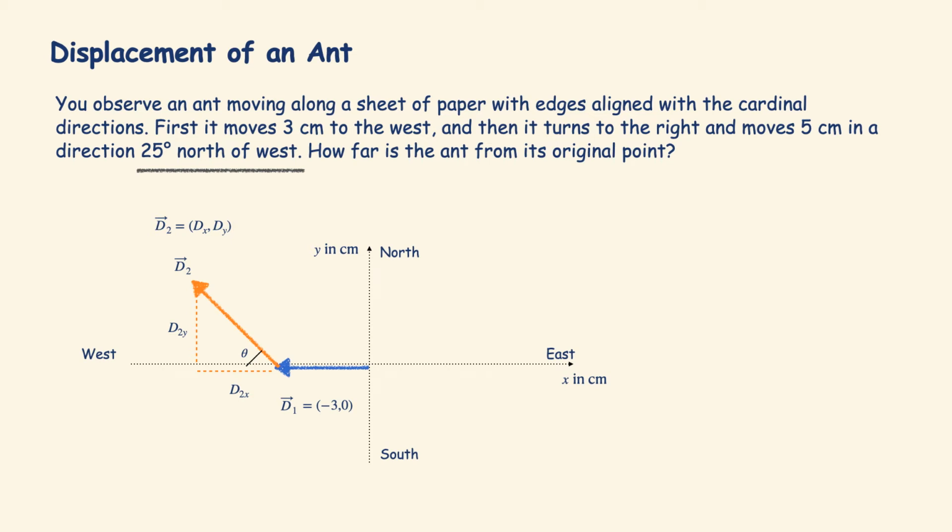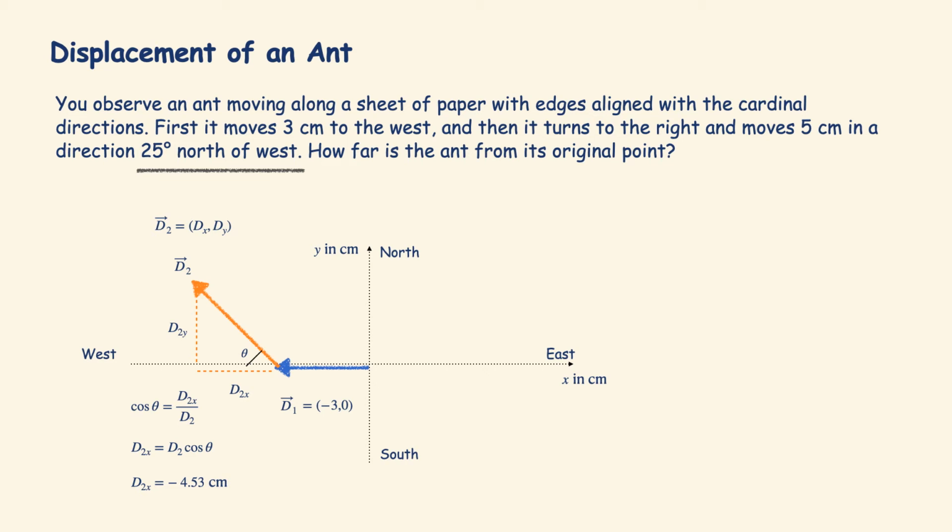I will use sine and cosine here to figure out what those components are. Let's start with the x component. It is the adjacent side in the orange triangle, so it's going to be involved with the cosine function. I will have cosine theta, by definition, equal to d2x over d2. In other words, the x component of the second displacement d2 will be equal to d2 cosine theta, or numerically it is minus 4.53 centimeters. Notice here I have written it down with minus to account for the fact that